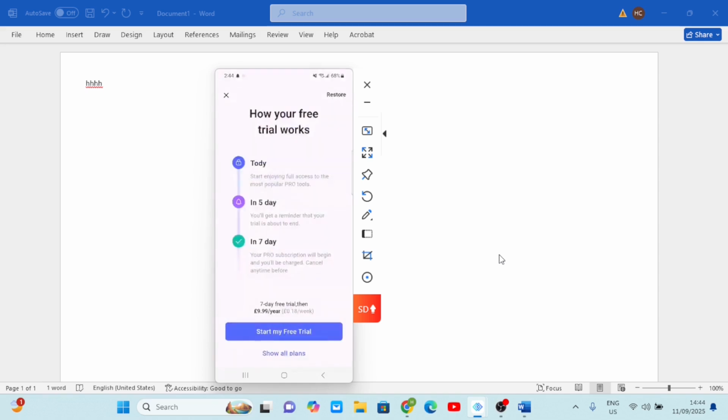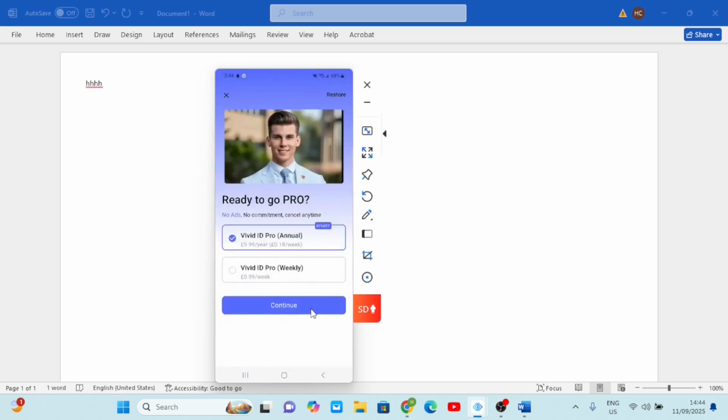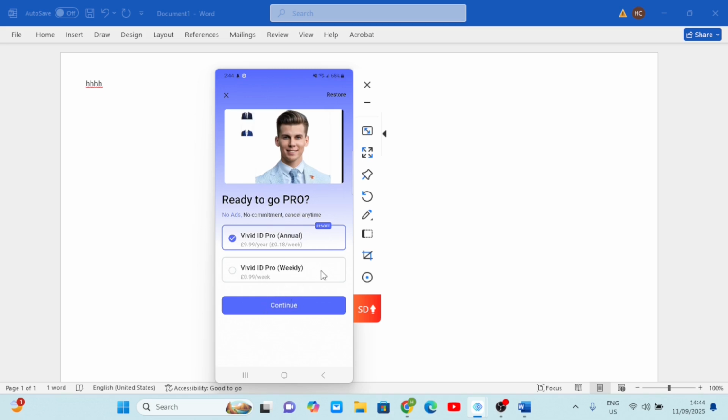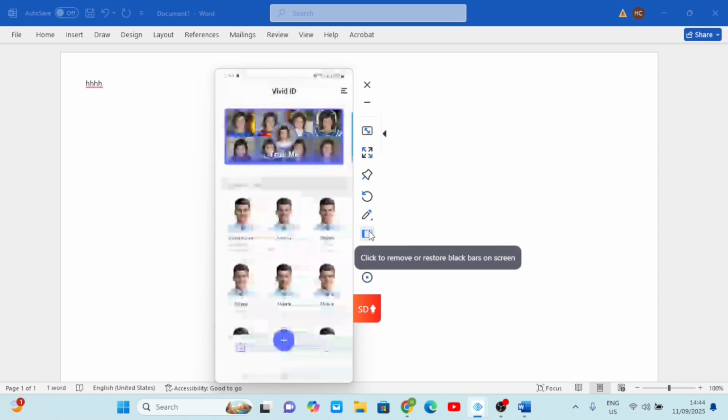It's so powerful, guys. So here you have a paid version, that is normal for every app. They have given you their plans. You have start free trial, show all plans. So here you can pay, I think, $0.99 per week, $9.99, I think is very cheap compared to the use of the app. Okay, but we are not going to get into that. You just go here,